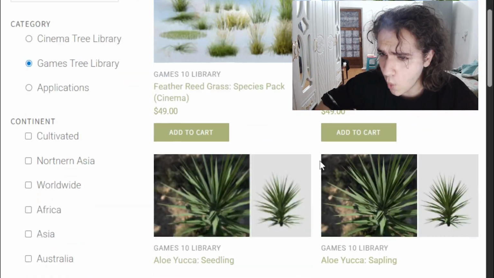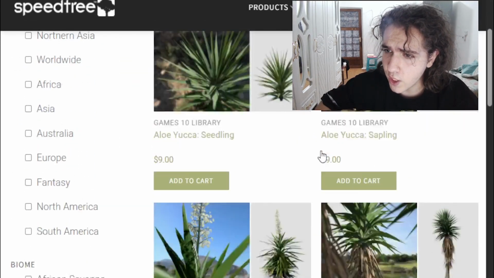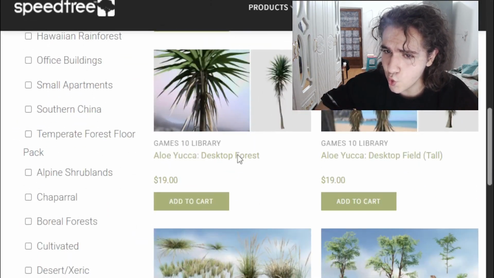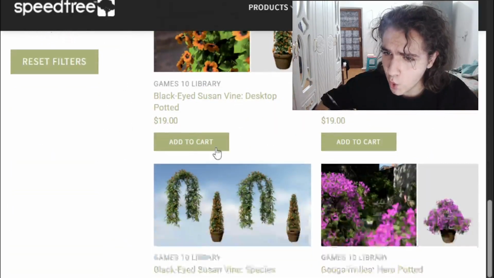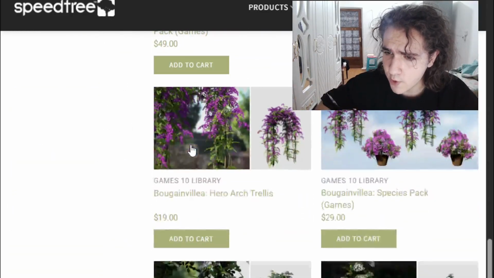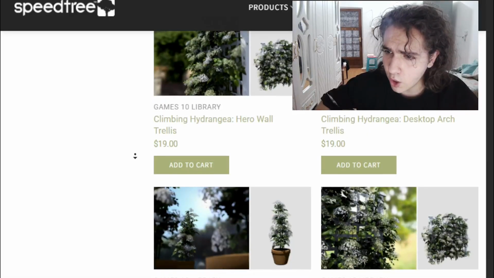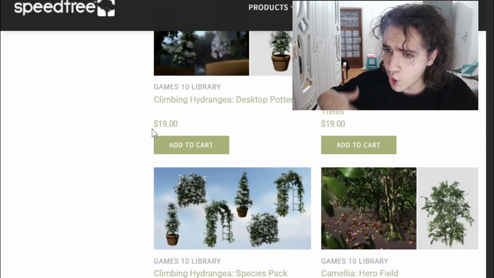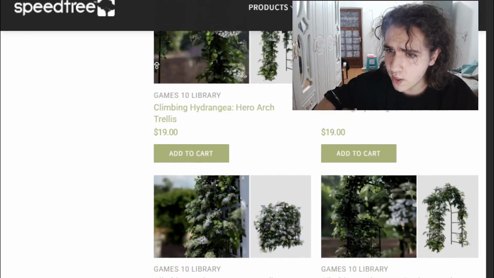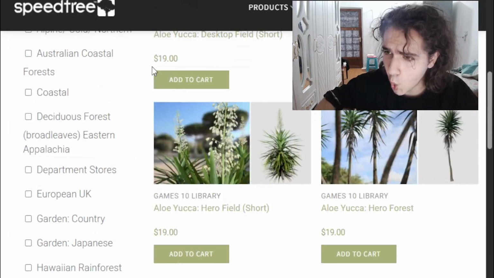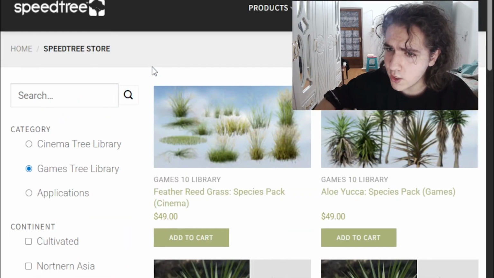As you see, the quality of the trees here is definitely amazing. You really want to check SpeedTree if you're going with a game that has a lot of vegetation, especially for AA or AAA standard. They have a lot of assets that are usually used, and they all have their own LODs, so you are going to have something that is industry standard. They have very nice software and a very nice asset library if you want for your video game.